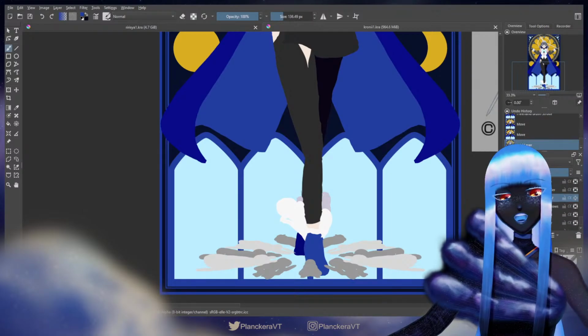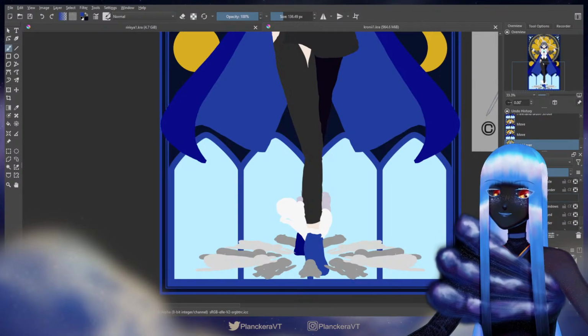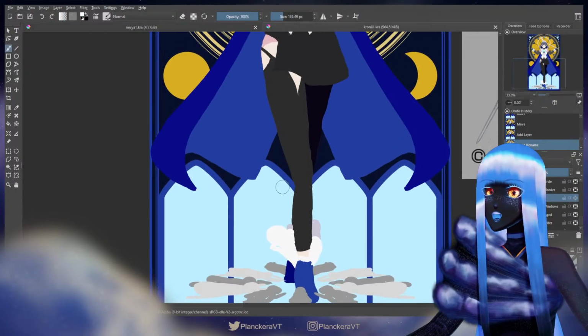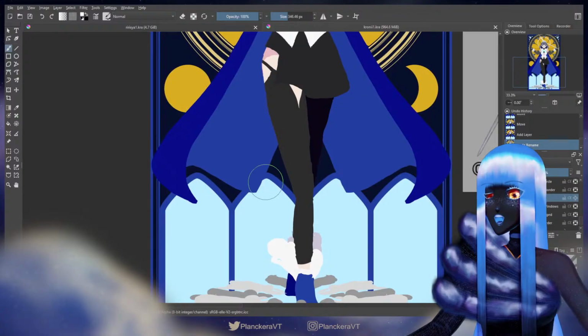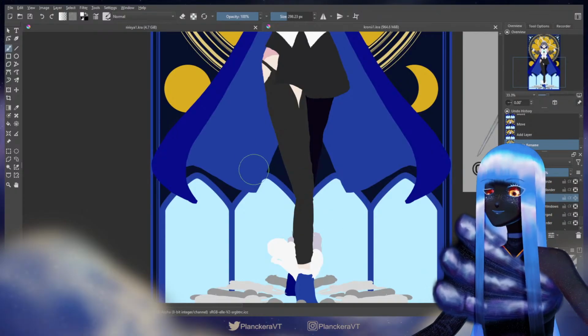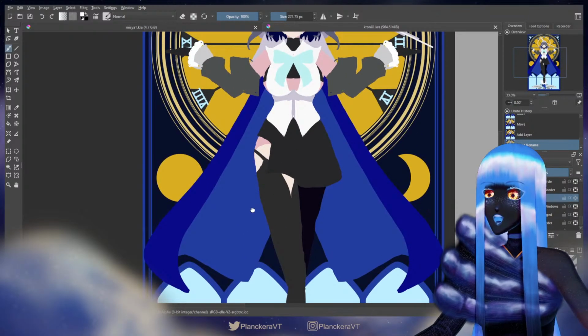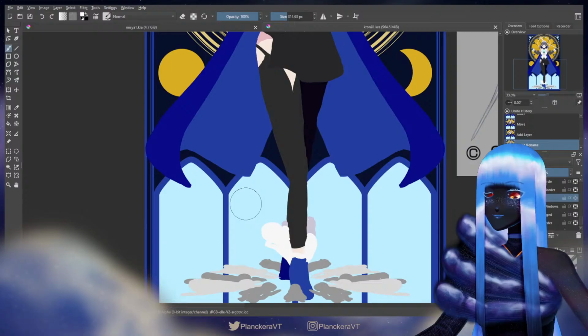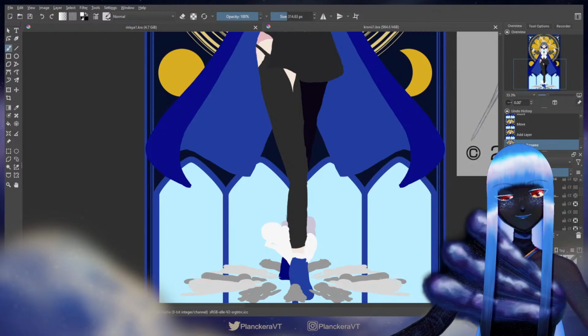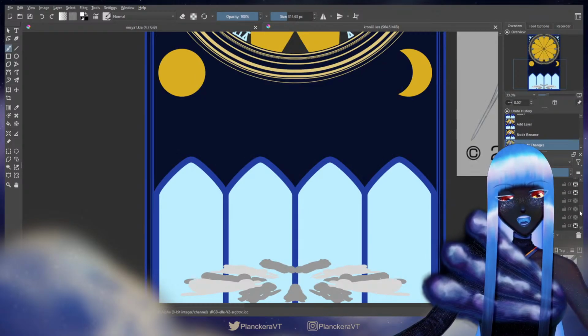Okay. I'll draw it on top of the windows. And I'll just leave it white for now. I might end up making it gold, but the gold looked really bad against this blue, so I might literally just leave it white. I think it's fine to have some white parts. She has white parts too. Okay, I'm gonna hide her for a second, so that this way I can kind of see.